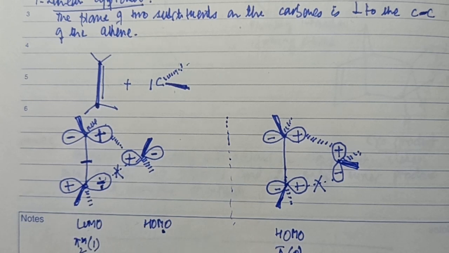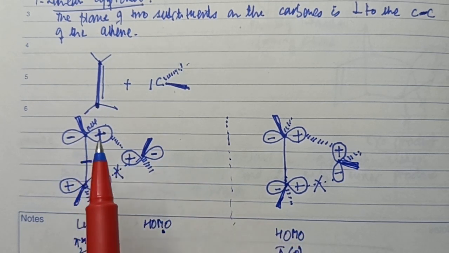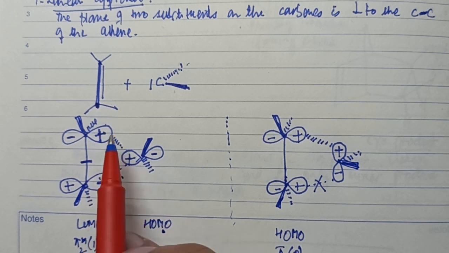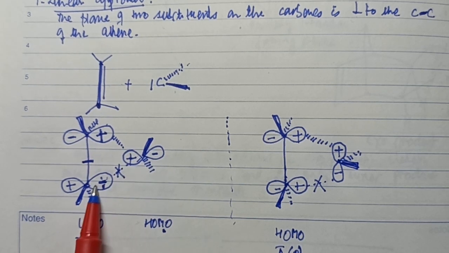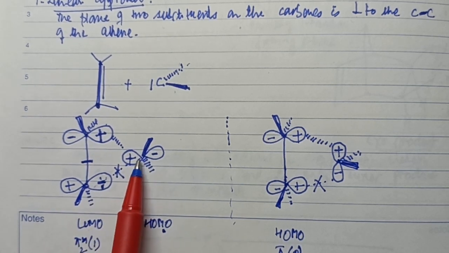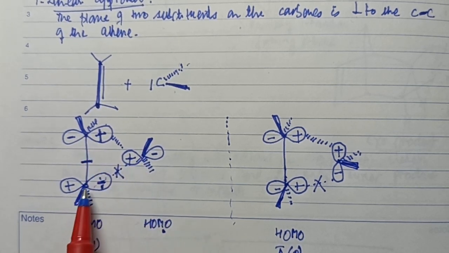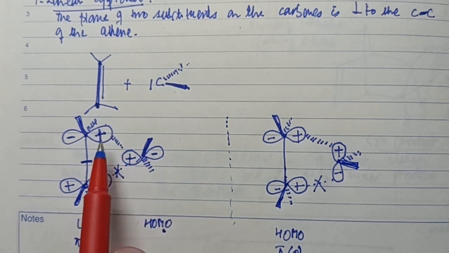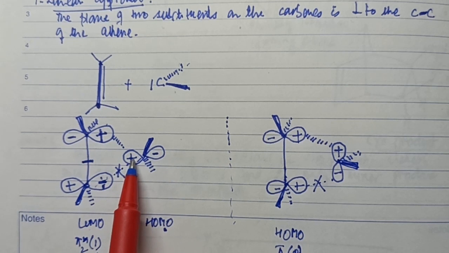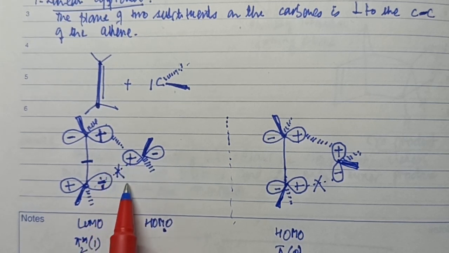And if you assume that this is the way it should be drawn, then if you look at the interaction, the bonding interaction between these lobes, because we know that there should be a bond formation between this carbon atom and this carbon atom, and between this and this. That means the carbene's carbon should form two sigma bonds. Therefore, if you look at the interaction, this plus interacts with plus, but this minus cannot interact with this plus. Therefore, there are anti-bonding interactions.